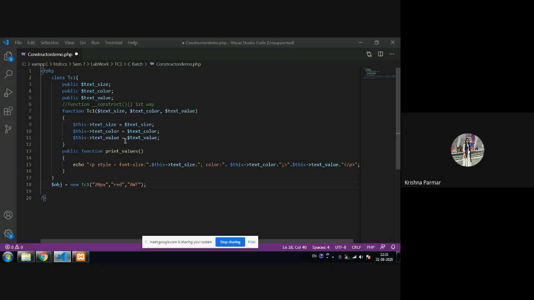But we didn't call this function. If we call this function, then this entire thing is printed, otherwise it is not printed. So we go for calling the function using the object, and it looks like this.